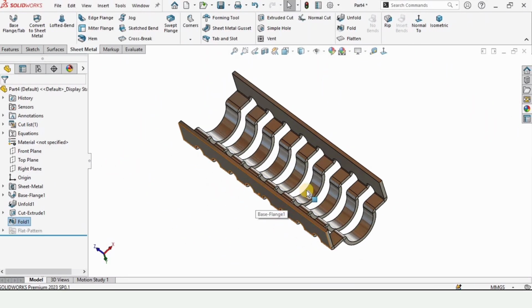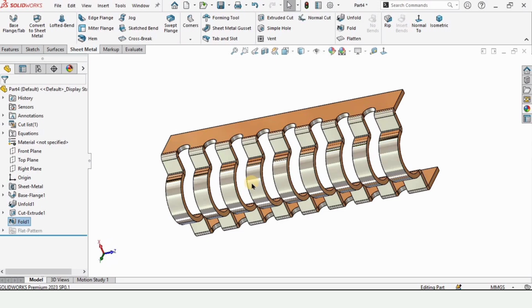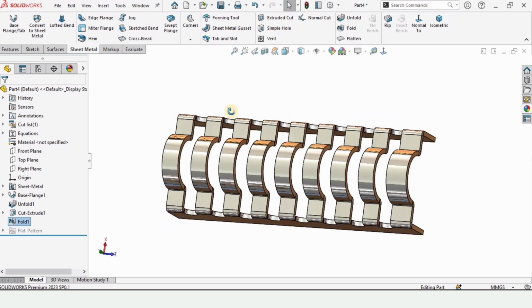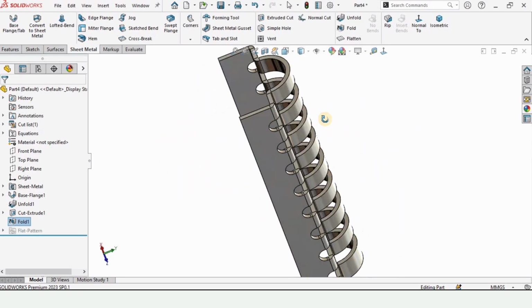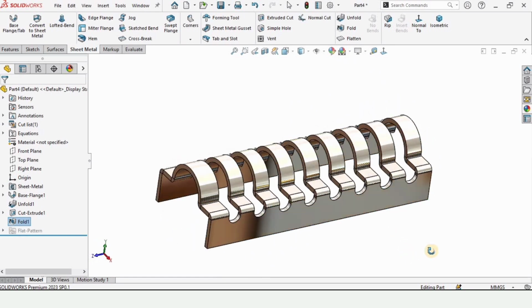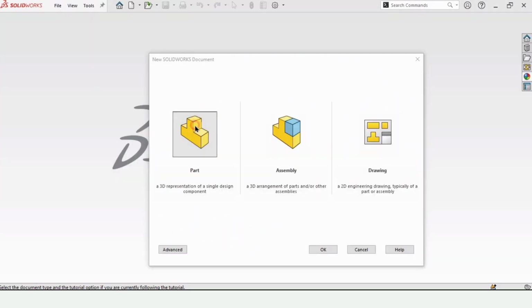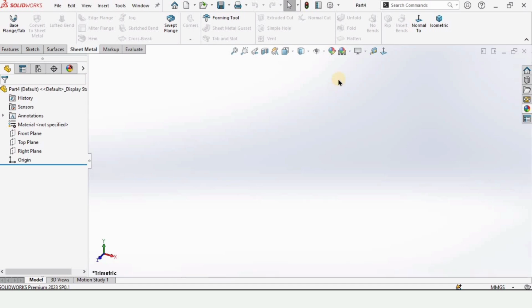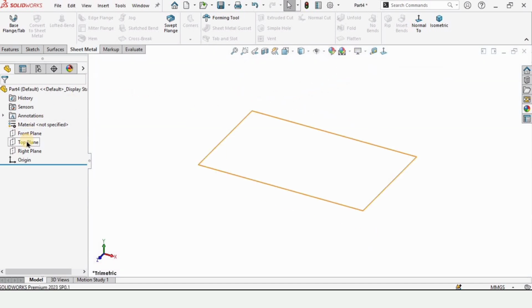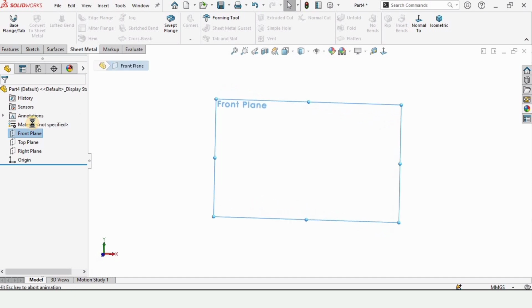In this video I will explain how to use the fold and unfold tool in sheet metal. This tool allows us to flatten the part, unflatten it, and even edit the part as well. So let's begin. Open a part file, change the background to plain white, select the front plane and click on sketch,